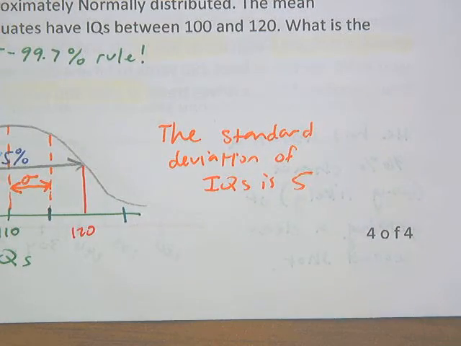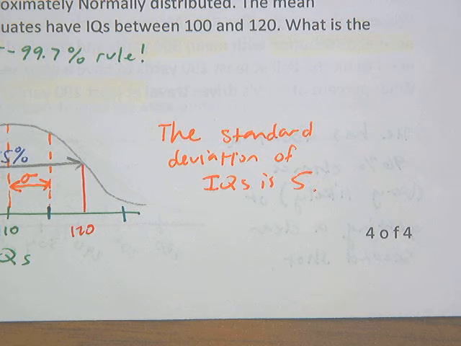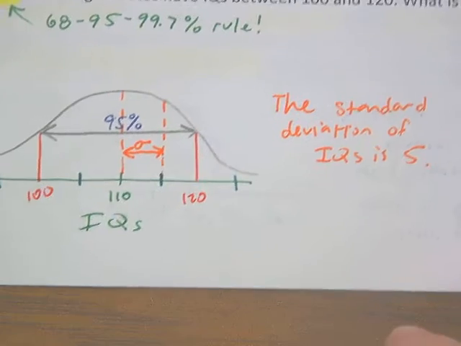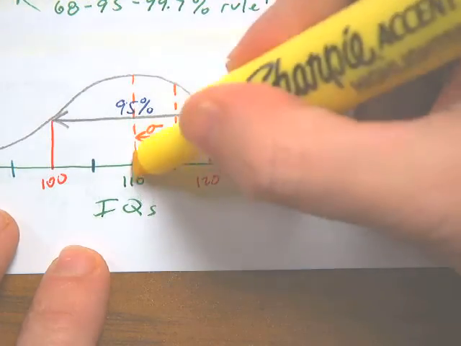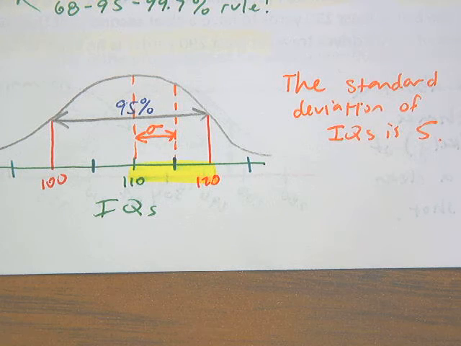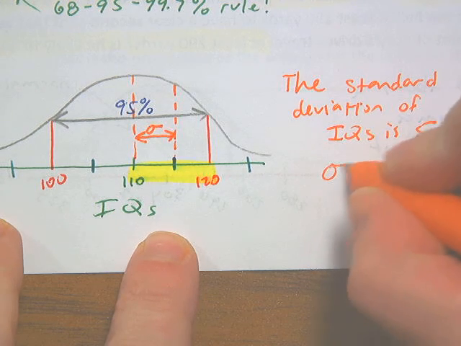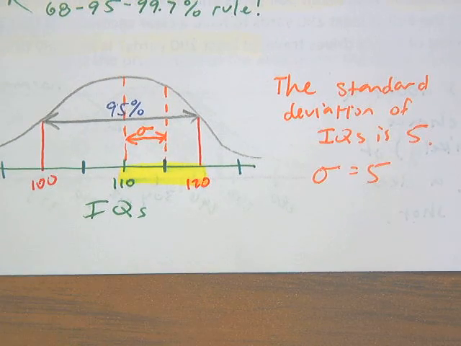I guess that's just 5 IQ points, but the standard deviation is 5. And if I went a little too fast for you, right here, 110 to 120, that's a difference of 10, and I just need to cut that in half to find how far it is from one to the next, because they're all equally spaced. So it's 5. Standard deviation is 5. Okay. Cool. Now that's it for the